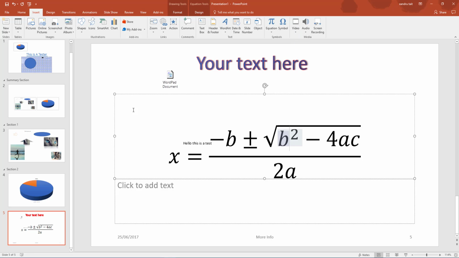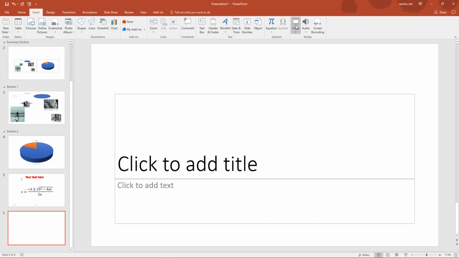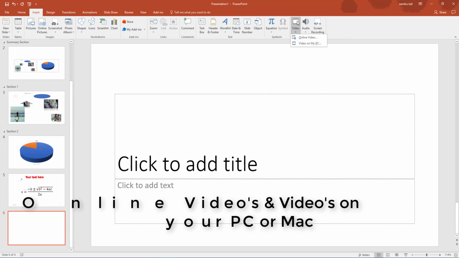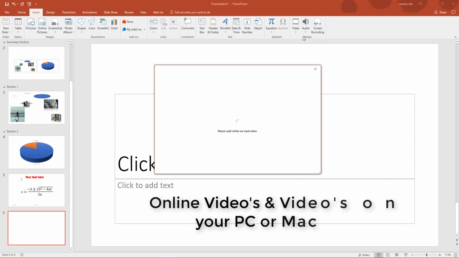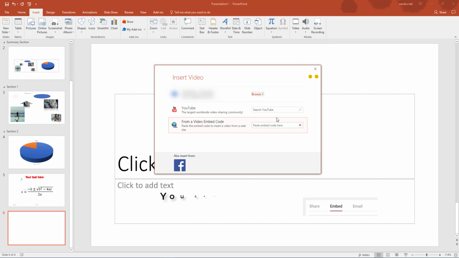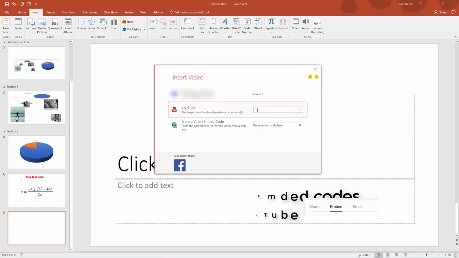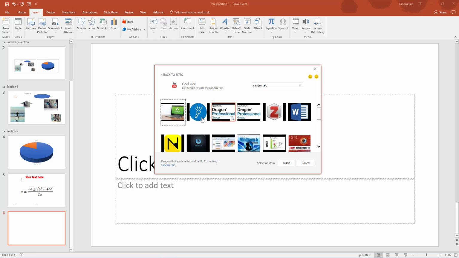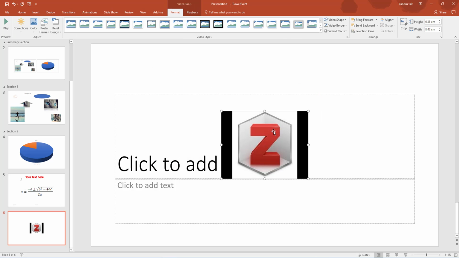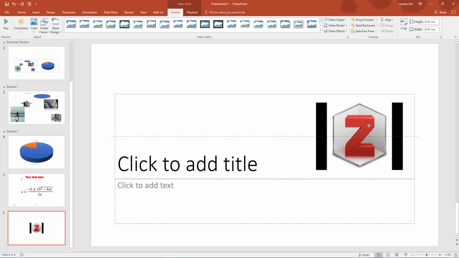Audio and screen recording. So what I'm going to do, I'll make a right mess of this PowerPoint, haven't I? I'm going to do a new slide. I'm still in the insert tab, I'm going to come to video and select it. Now I can choose an online video, so what I'll do is I'll click it once. You might want to add videos to back up what you're discussing, or it could be a video you've created you want to do part of your presentation. So I'm just going to pop in, as I've got a YouTube channel which you're watching now, I'm going to pop in one. I'm going to select insert that, and you see it's inserted, and I can hold the left button, position it